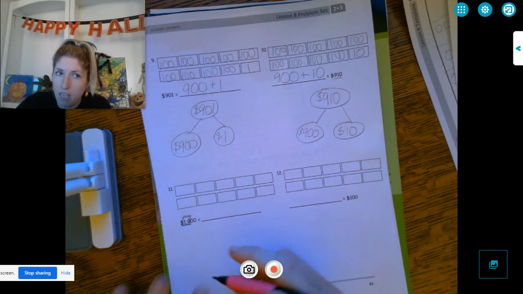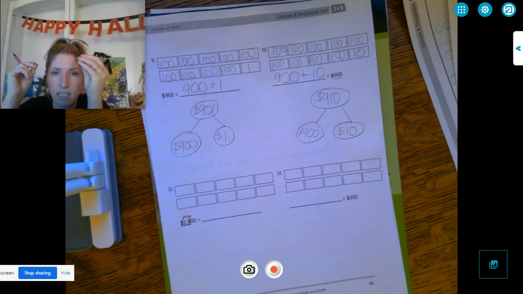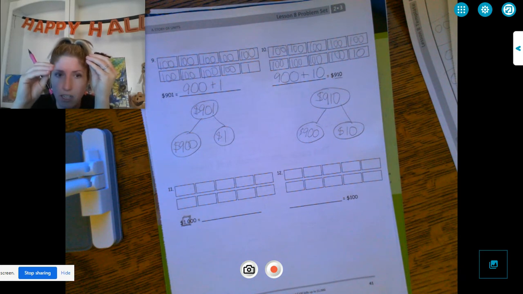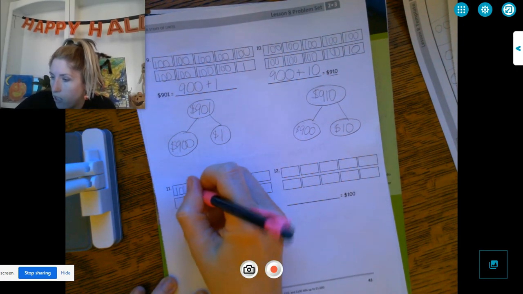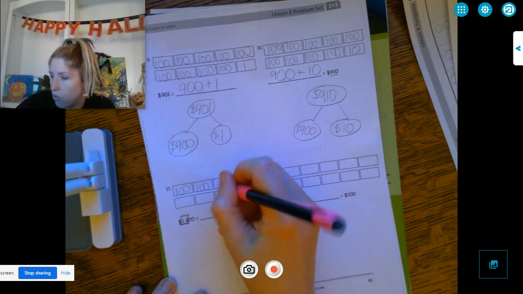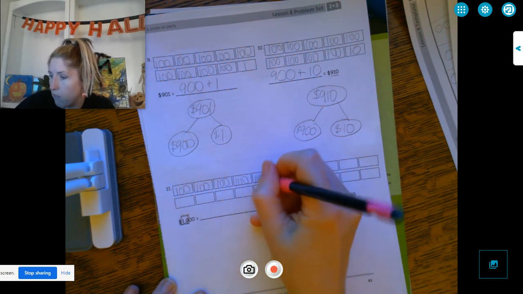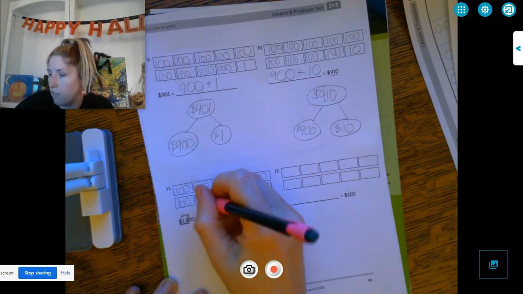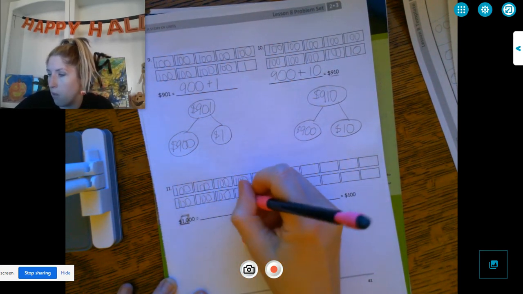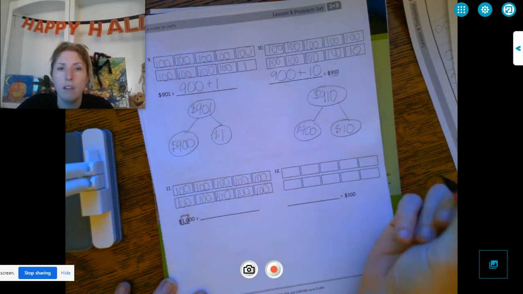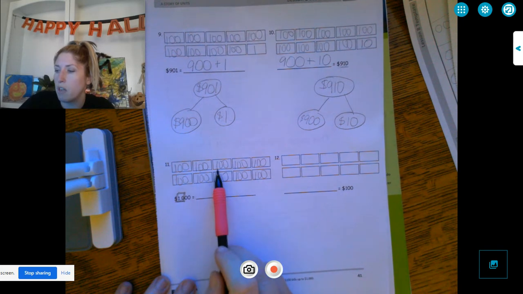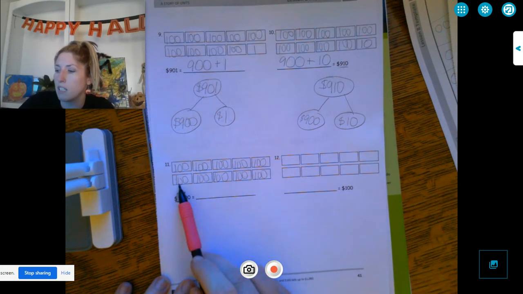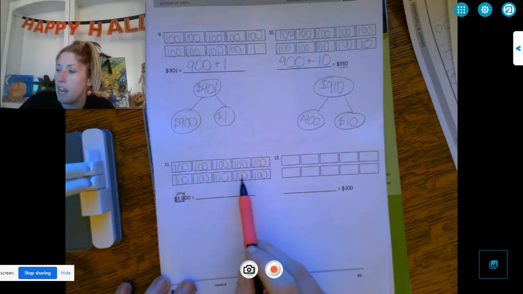Right? 10 tens make 100, and 10 hundreds make 1,000. So 100, 2, 3. Okay, we're going to fill all of these up with 100, and then we're going to count them, and you'll see. Okay, so if we have 10 $100 bills, let's count them. We have 100, 200, 300, 400, 500, 600, 700, 800, 900,